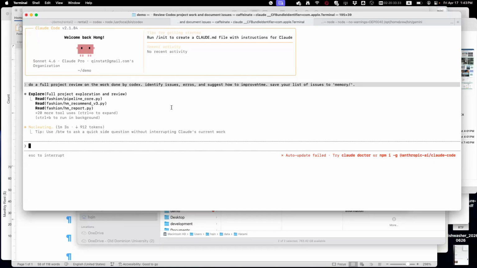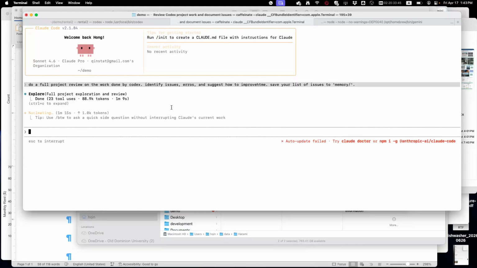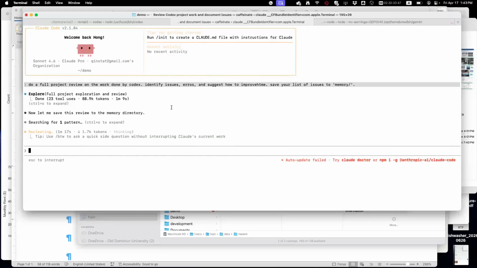Which local agent do you think is close to Claude performance-wise? Do you have any recommendation? Like a local agent that sits on your machine? Oh, all those you are not allowed to use at Virginia because the Virginia governor signed something.